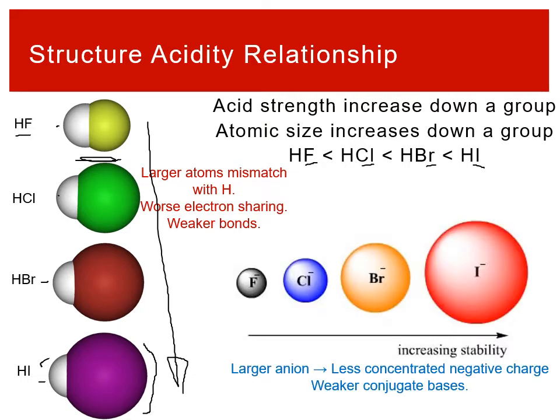Also, if we look from the anion perspective, for a larger anion, there is less concentrated negative charge. We know that in creating these conjugate bases, they all have the same -1 charge, right? So there is one extra electron on each of these ions. Iodide is very large, meaning that that one electron can spread out more, right? It is one additional electron among many, so it doesn't make it as relatively unstable, whereas fluorine only has 9